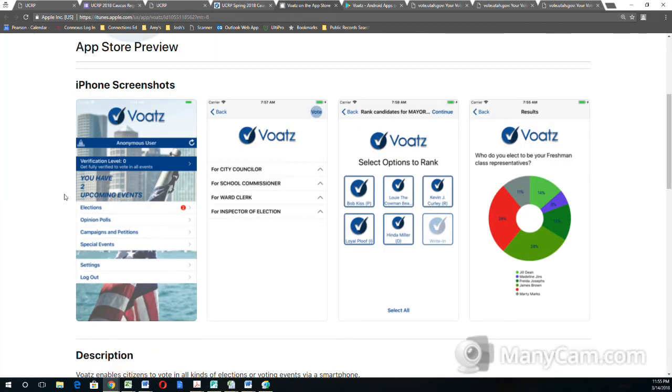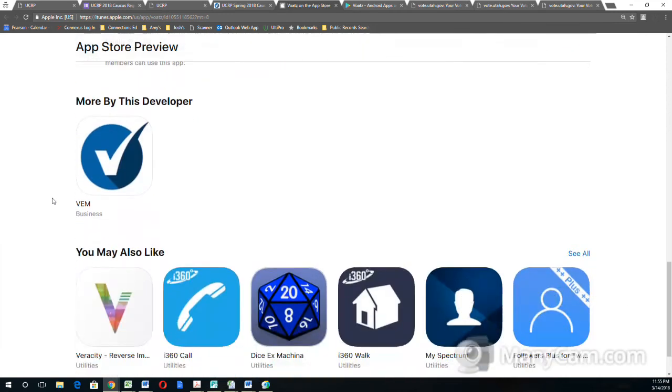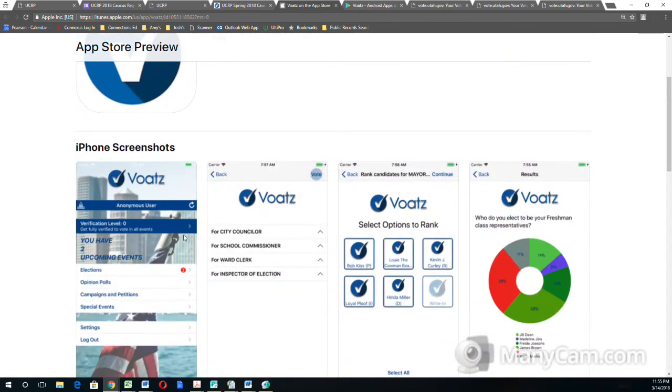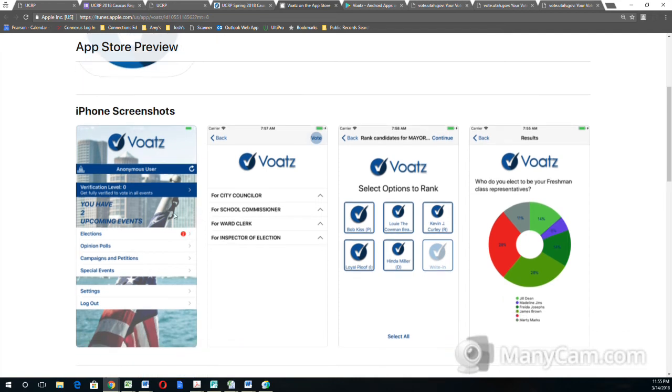In the Apple app, this doesn't actually show it right now, but there would be a little icon right over here above this red number 2. There would be a little icon with a QR code. If you click that icon, your app will open up a camera. And with that camera or scanner, you can go back to the web form where the QR code popped up, and you can scan the QR code. And that will actually speed the process of verifying your voter profile so that your Voatz app is active and